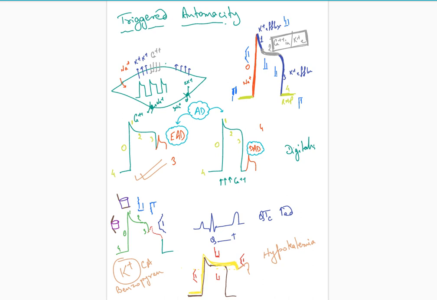So if there is hypokalemia, will the potassium channel openers help? No. That means you treat hypokalemia first. If you treat hypokalemia, then automatically the problem may get solved. Okay. Understood? Think and tell.